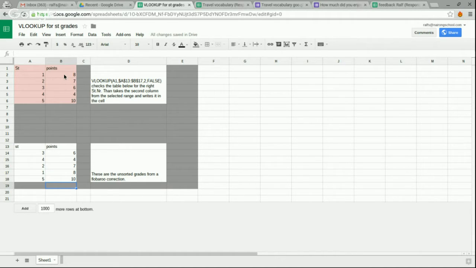But what happens here? Here's the magic of the VLOOKUP. The VLOOKUP goes into an array down here and checks in the first line of the array for a certain student number, for this student number here. And then it gives back a certain value from another column, which is this column here. I don't want to say anything more, because I will only make it sound more confusing if you go to this